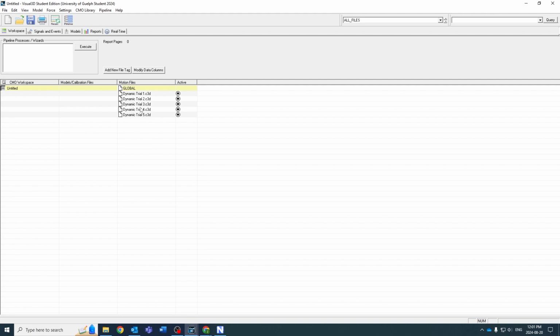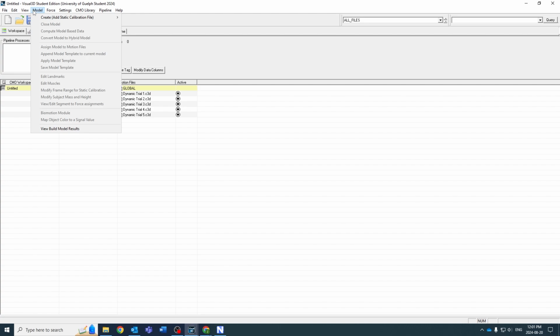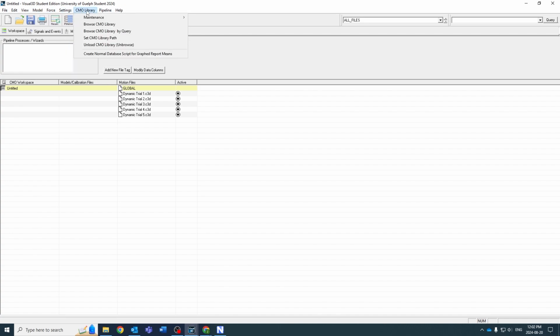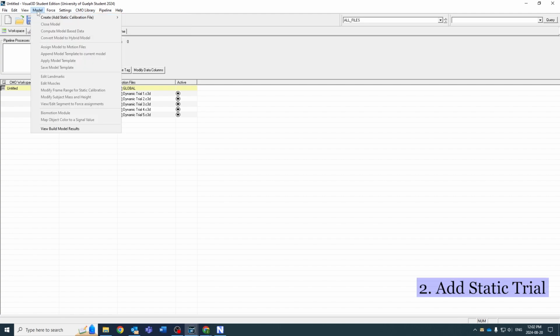So these now have come up under the motion files. Next, I will press on the model tab. And by the way, 90 or 95% of our work today will be in this tab, so don't get too confused with anything else here, because none of this is really relevant for our course. So go to the model, click on create add static calibration file, and then click on hybrid model from C3D file. So click on that,